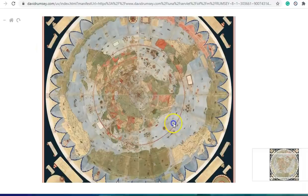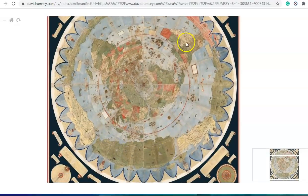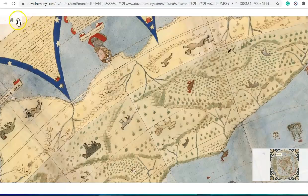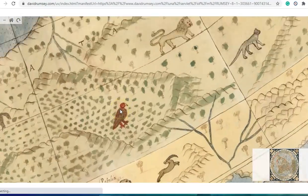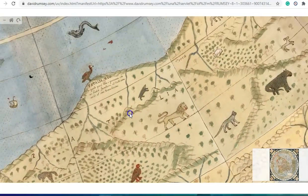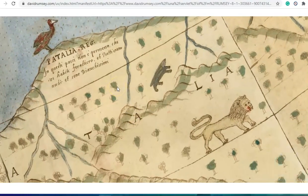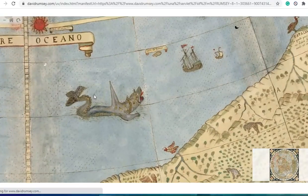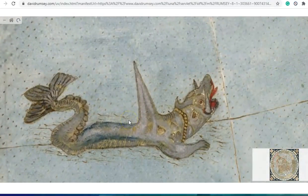But when we go back here, if this is Australia and this is Africa and South America, this is quite a bit lower. I mean, the top of it, I suppose, but look how far down it goes. I don't know. It would make sense if these bits weren't in the middle here, like these other land bits. This is what's kind of doing my head in. So again, if you can read what this says, you can stop me having a mental breakdown. And yeah, just interesting, we see these different chimera type